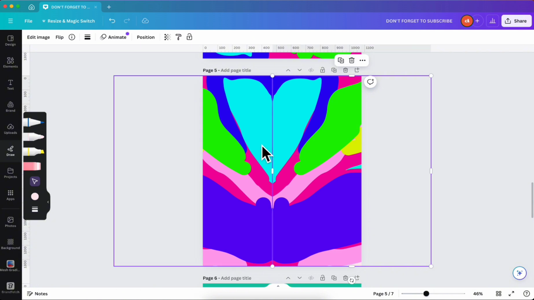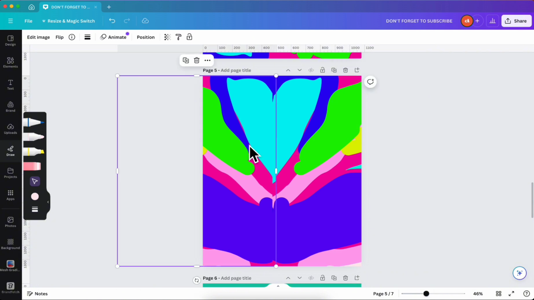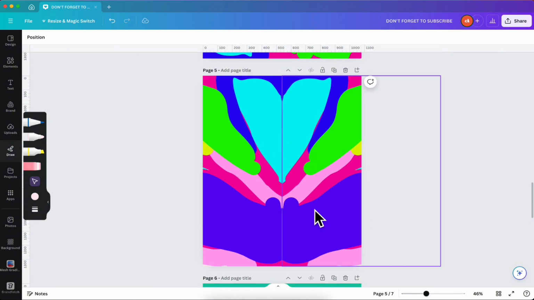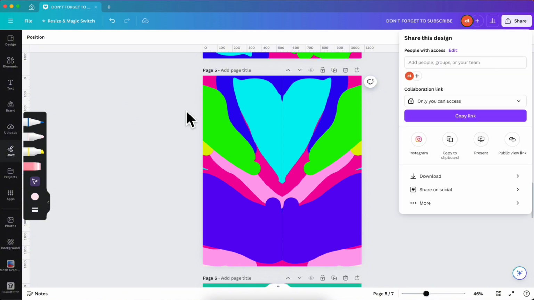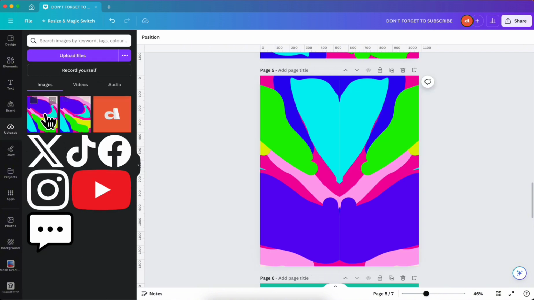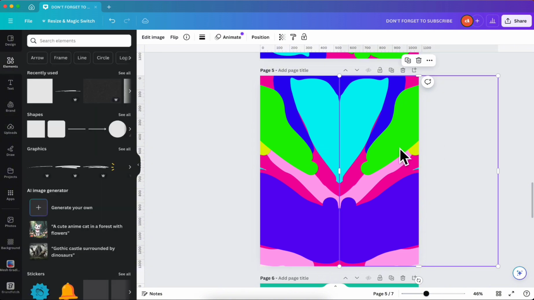All right, so here is what we have. And I'm going to show you that right now. So I told you whatever you copy from clipboard using this button here in Canva automatically adds that to your uploads. So here you can see them here in your uploads. Now we have this too. What we're going to do is